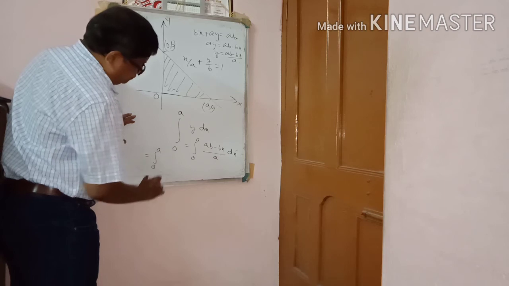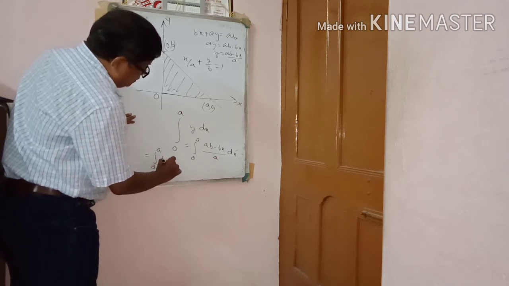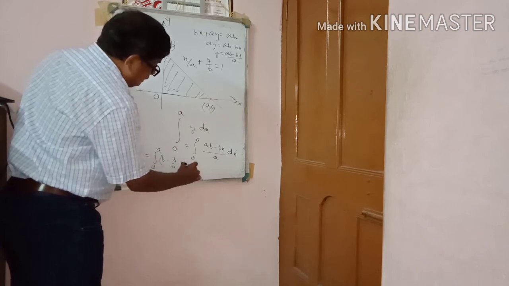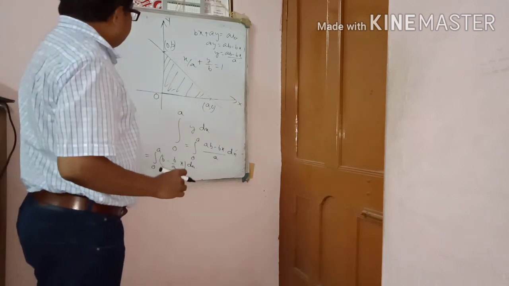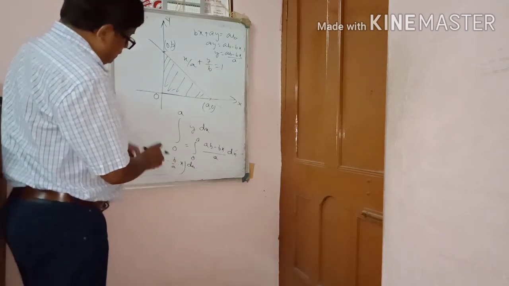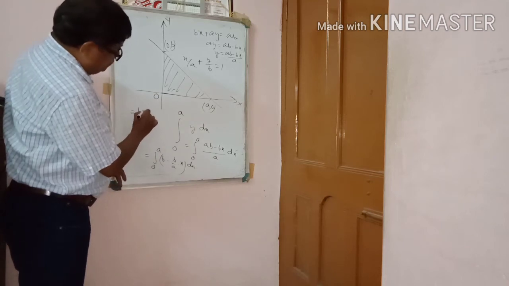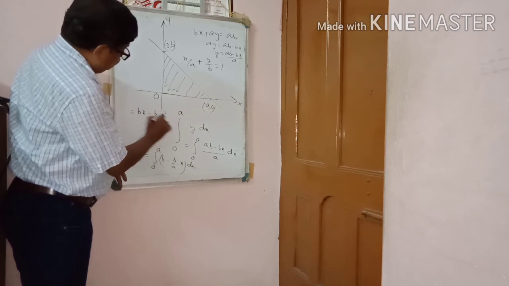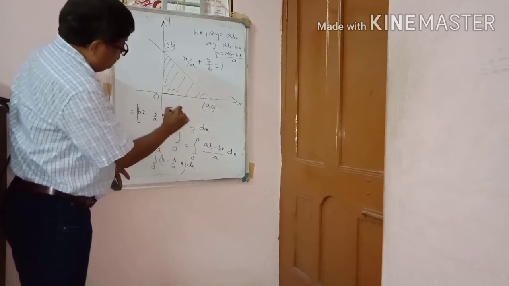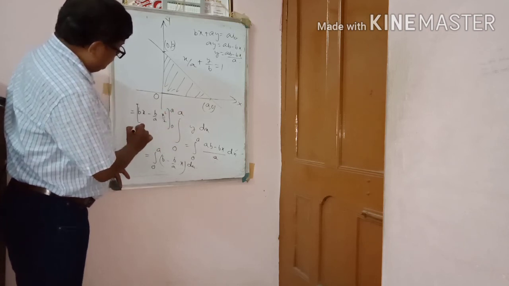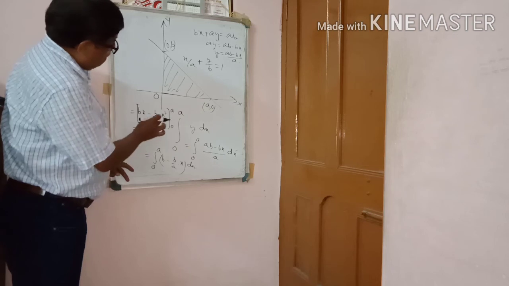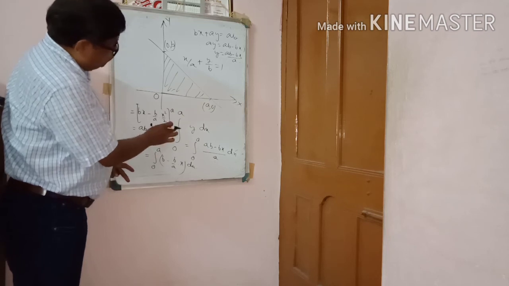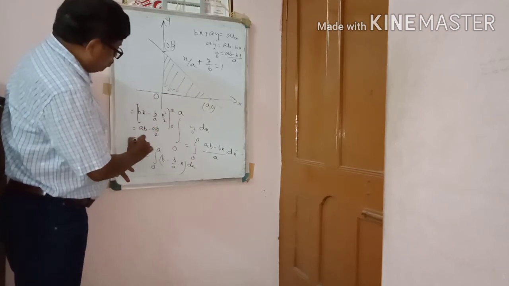So here we can write integral 0 to a of b minus b by a of x, dx. So you can write bx minus b by a of x square by 2. Here 0 to a, you put a, this is ab, minus, if you put a square, a cancels, ab by 2. You put 0, the lower limit, so it will be all 0. So half of ab.